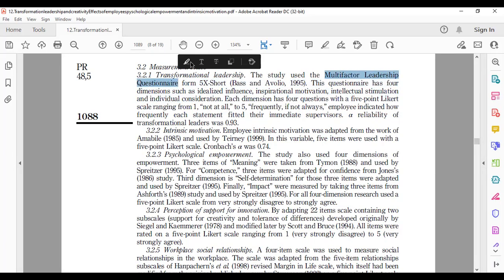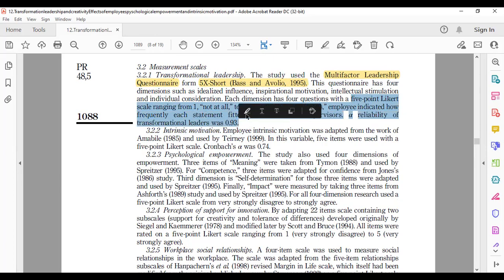As you see, there are 5 scales used. First, MLQ, the multifactor leadership questionnaire, then intrinsic motivation. Not only is the name important, but their reference is also important, right? Which writer, which year, which version, and which scale, as you say, a 5-point Likert scale, and its validity and reliability values, the Cronbach alpha value.